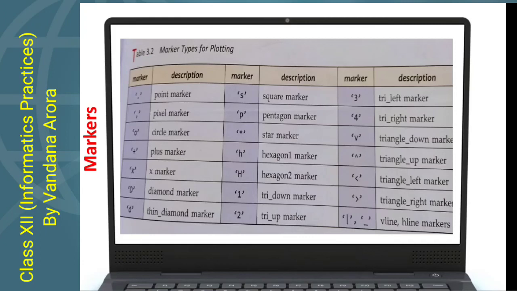You can see dot marker, greater than, less than, caret sign, 3 for triangle left marker, 4 for triangle right marker, 2 for triangle up, like this. P for pentagon, S for square. Clear? Plus for plus sign marker.